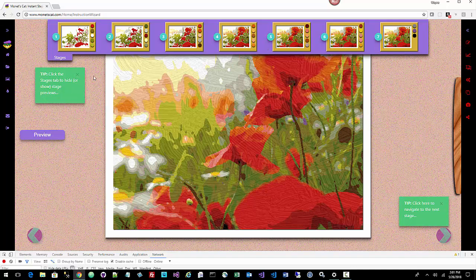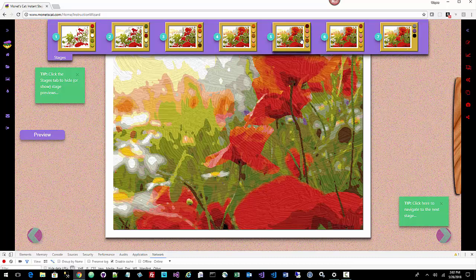So anyway, let me explain what we're seeing on the screen. The preview means that this is basically what our painting is going to look like once we reach the last step, and it has 7 stages. I will sometimes confuse the word step and stages. A stage is kind of like a chapter. If you had an instruction guide, it would have perhaps chapters, and each chapter would have steps. In each of these stages, we have 5 steps typically, until possibly the last stage might have fewer,